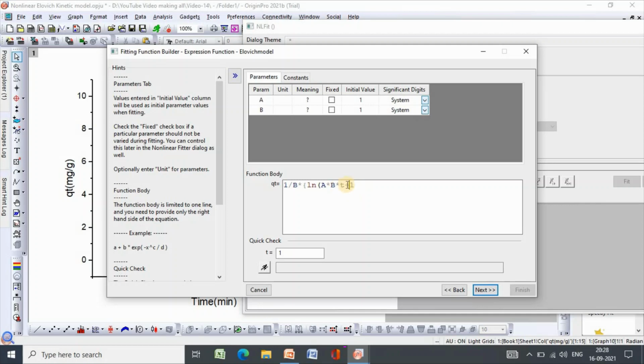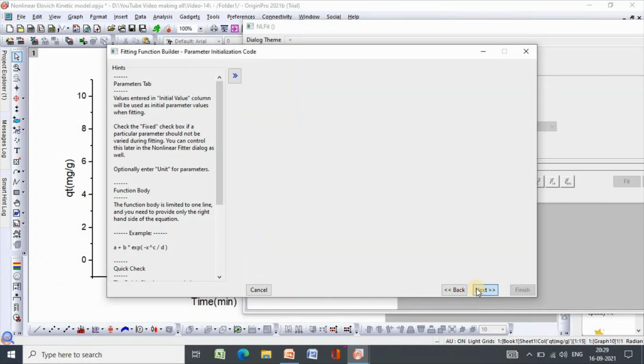Then first bracket second bracket. So here is your function. After writing the function, click next,